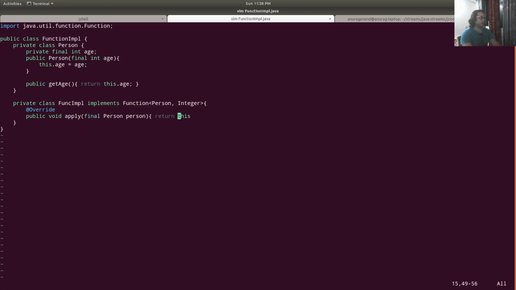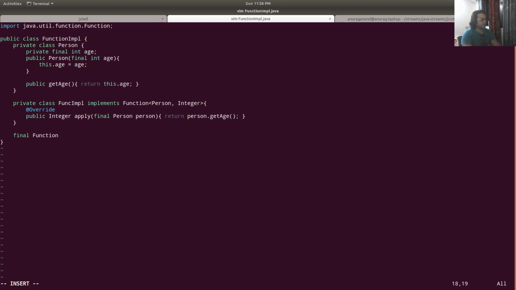Not void obviously, because it is going to be of integer type. This is one implementation: person.getAge returns the age. And the second one is going to be a final